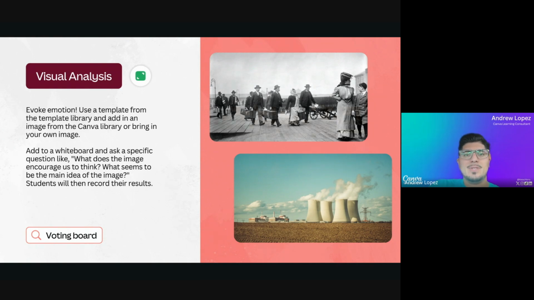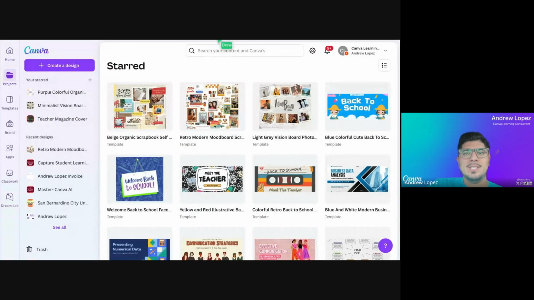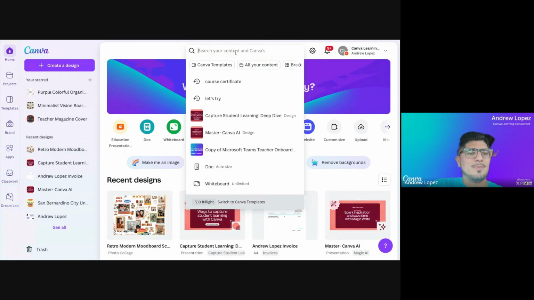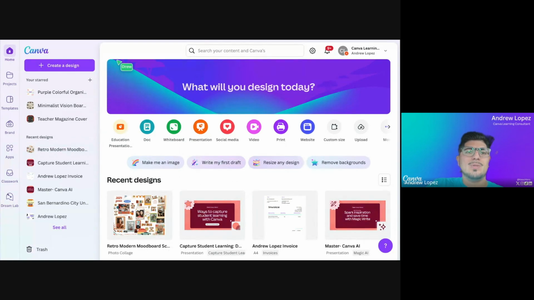So let's go ahead. We're going to head back over to Canva. We are going to head back to the home page. I'm going to click on the home button there. So your screen should look like my screen. Again, if we're going to search for templates, don't forget, if you do it here in this search bar in the home page, you have to click on Canva templates. If you just go straight to the Canva templates,